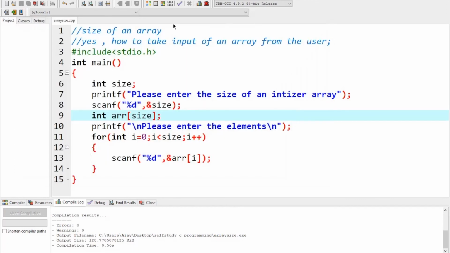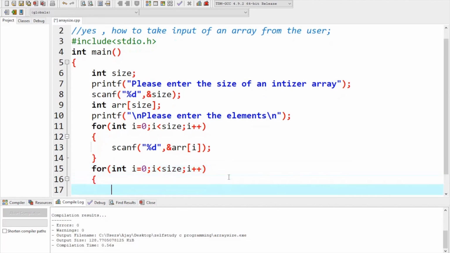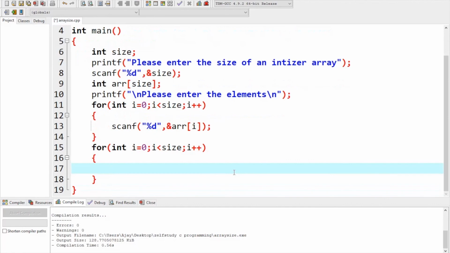I want to show you the output. I want to traverse the array. I think you guys remember how to traverse, right? For int i equals 0, i less than size, i plus plus. I'm going to traverse this. printf. What do I need to printf? The entered